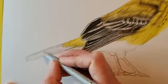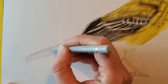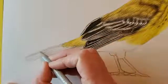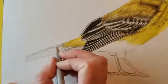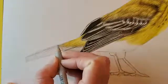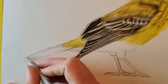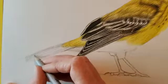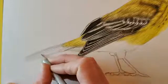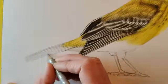And try to go in the direction of the barbs, which is basically going to be at an angle like this. Because what's happening here is the middle of the feather, for example, this top one here, is sort of towards the top line here, and then you have barbs coming off it going down like that. You can shade all that in,